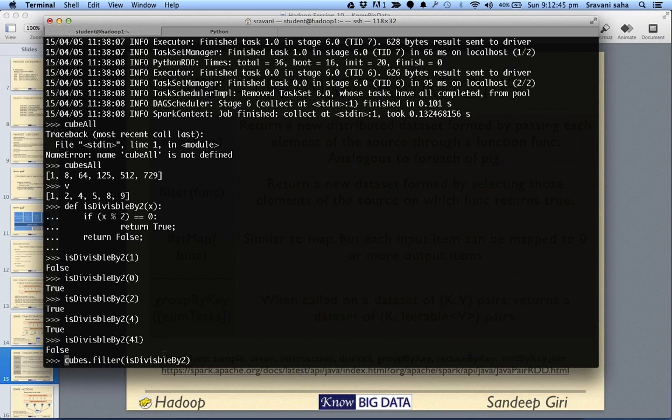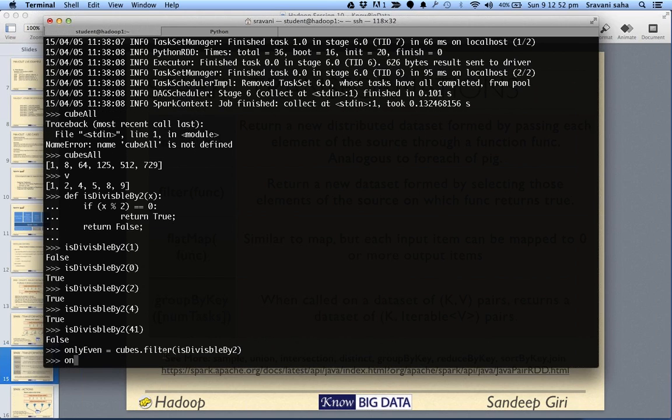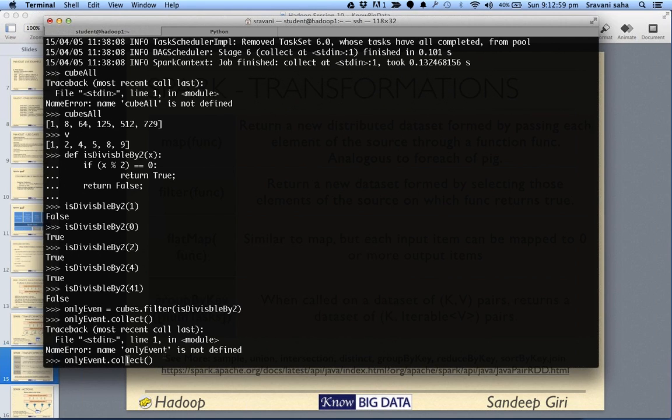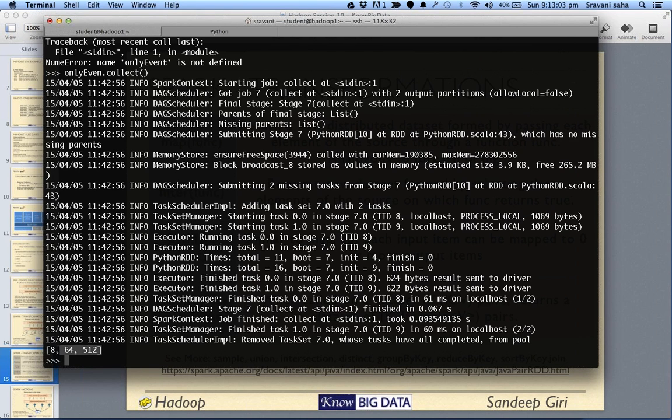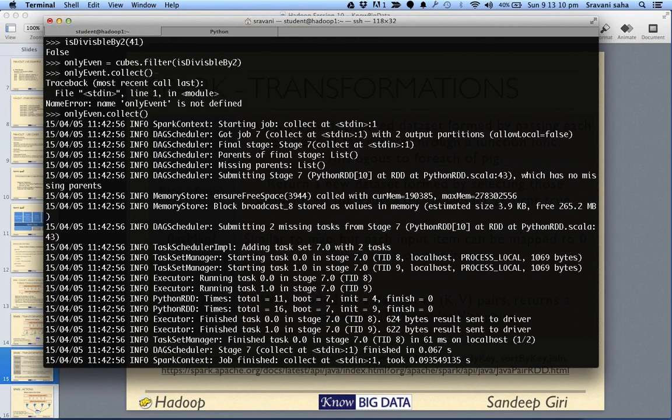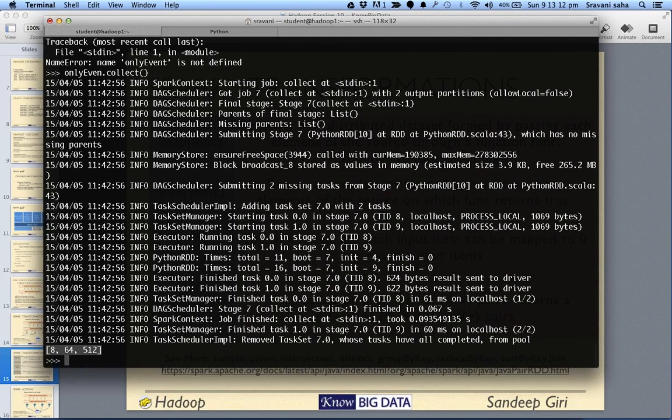We can call it only even. Now, if you say only even dot collect, you will see that only the even cubes have come out in the output. The moment we said collect, it executed the process and gave us the result. And you can see that it's fairly fast. Sounds good to you?